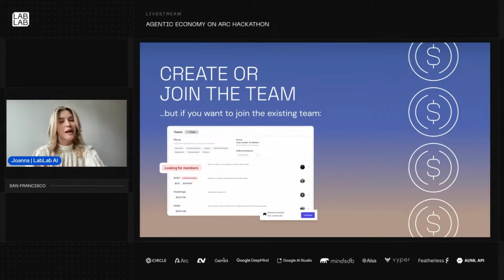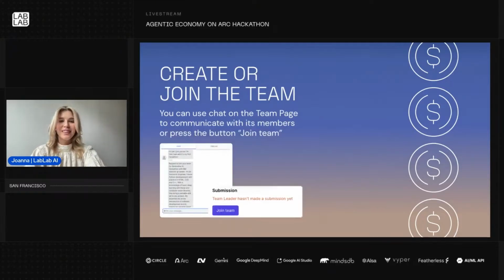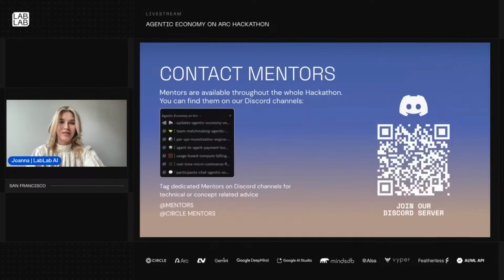You can also head over to the LabLab Discord server and communicate with people directly there. There are always some folks that are looking for a team. So I'm pretty sure that if you don't have any mates who are good fits to build with you, you'll find some on the LabLab Discord. You can also use the special chat window on the team page on lablab.ai to communicate with the team members. You can also DM them directly saying that you'd like to join a team and they will get a notification.